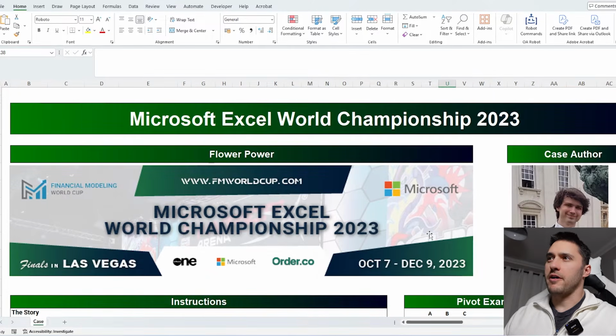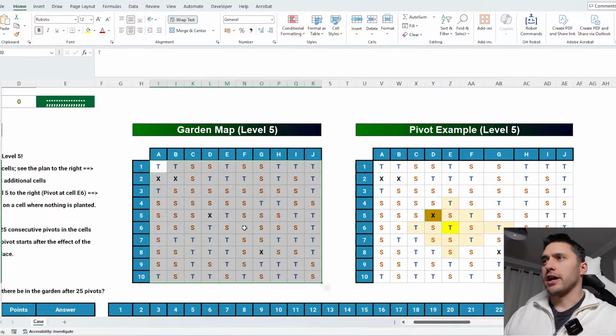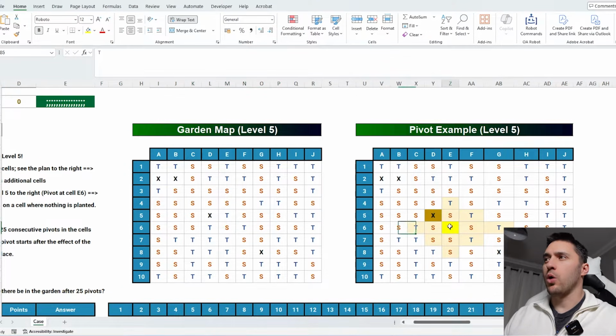We are going to solve flower power here. And I've touched on a couple of elements of this in some of the other videos, but let's recap. You have a garden of tulips and sunflowers. You take a pivot point and everything either one step away or two steps away will swap. So tulips will swap to sunflowers, sunflowers will swap to tulips. One complication, you can't do a flip on one of these X's, and if you do a flip around them,